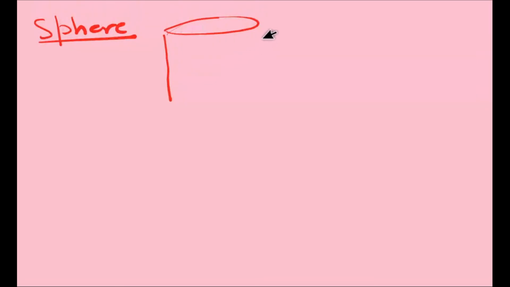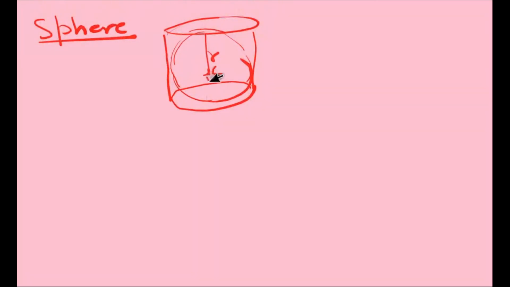Now student, I am asking about a sphere. What is a sphere? That is a cricket ball, a football, right? So if we take a cylinder of the same height and same radius, we can draw a sphere inside it. You can find this type of sphere, this one is the center, and this is the radius of the sphere. Now you can see the height of the cylinder is 2r.